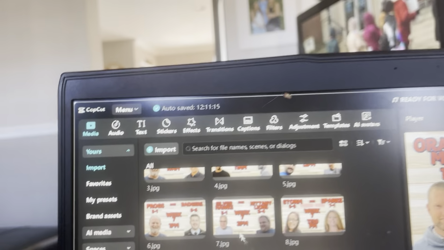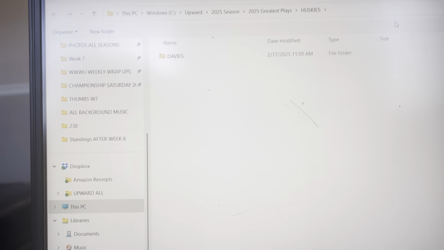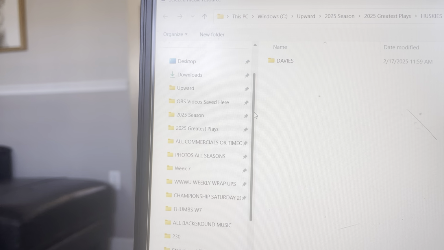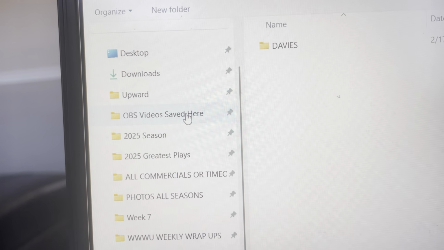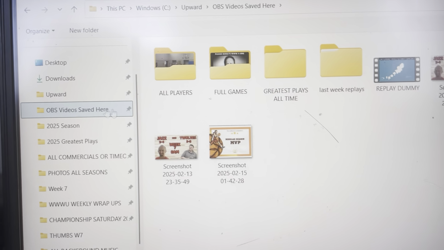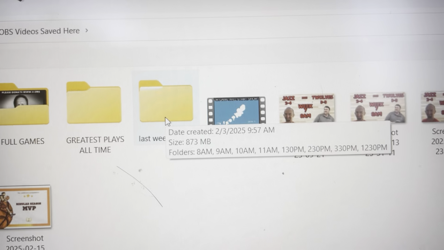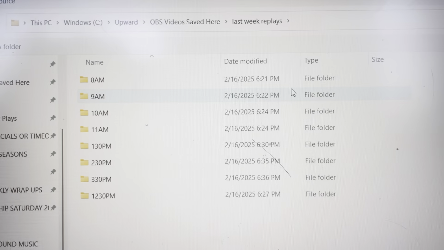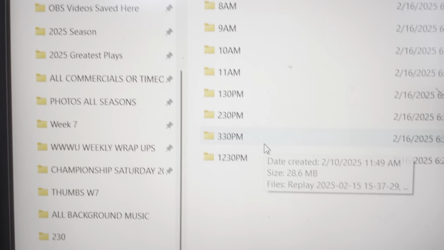All right, let's import. So we come up here to import. Keeping the folders organized is extremely important. And I'll do other videos where we go through the whole entire folder creation and everything. Here is where I keep, when I hit the F1 key I told you about, this folder is where they all go. Now, one thing that I've done when the games are over, I have a last week's replays folder, and then I break down all the games that I've announced, and now I'm on the 3:30 game,